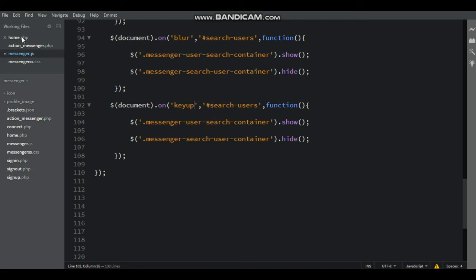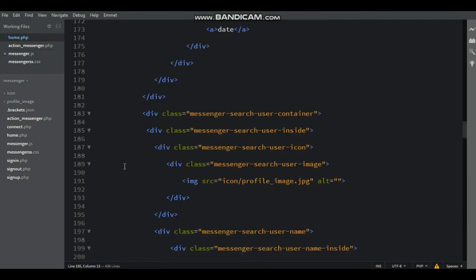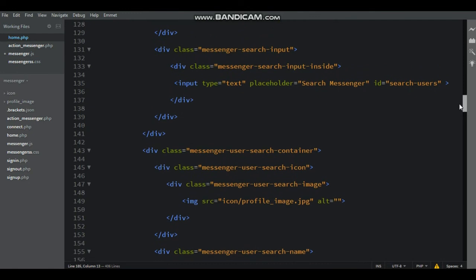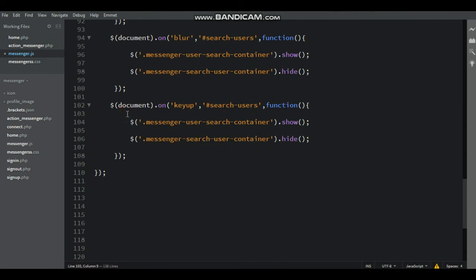And then here document dot on key up, here ID is search user, when input field is clicked and the function is key up.